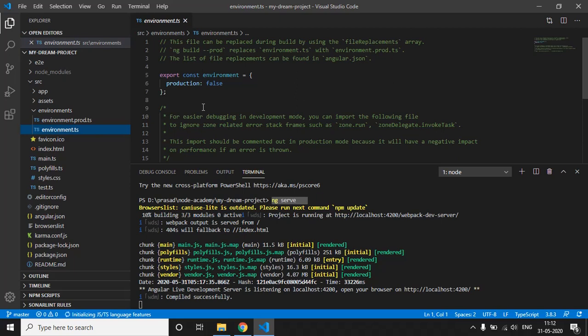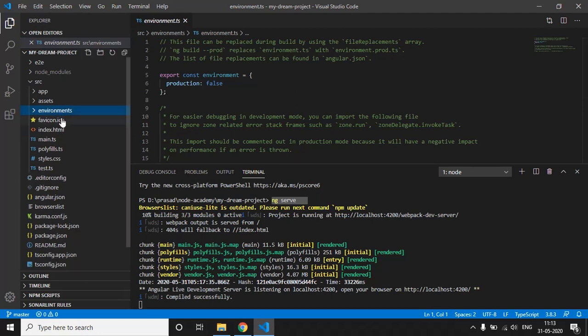Instead of doing that, we will keep our server URLs and all the other URLs in this environment file, and we refer to the URL from this environment file only in all our components. By changing the URL only in this environment.ts file, it changes in the entire application, in all the components which are using this URL. This is the main purpose of using these environment files.